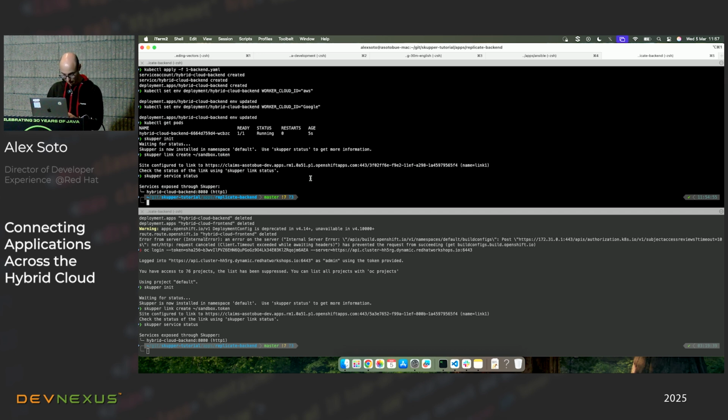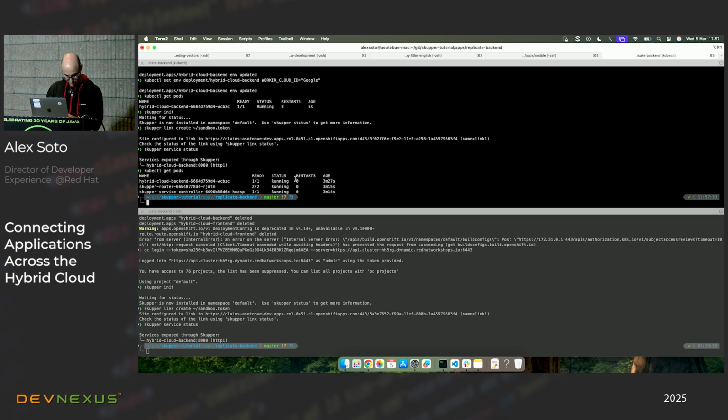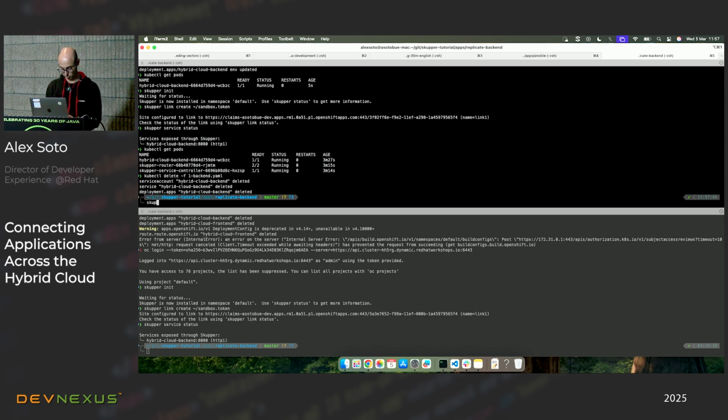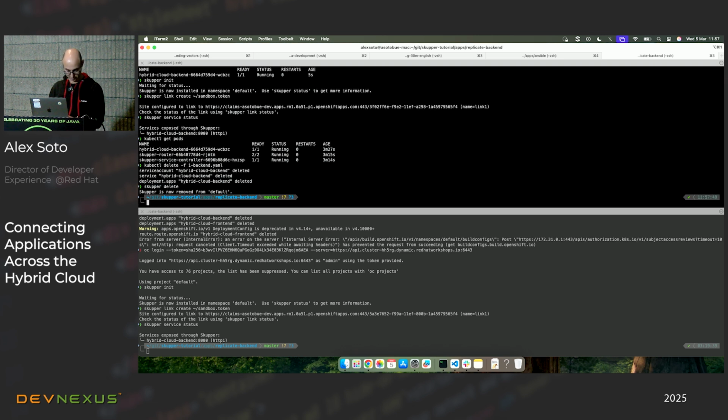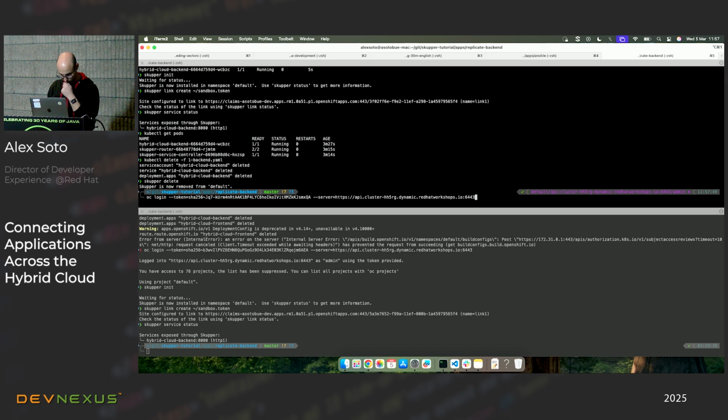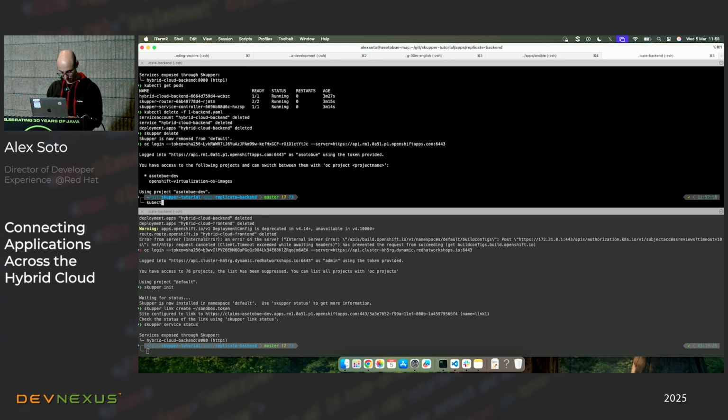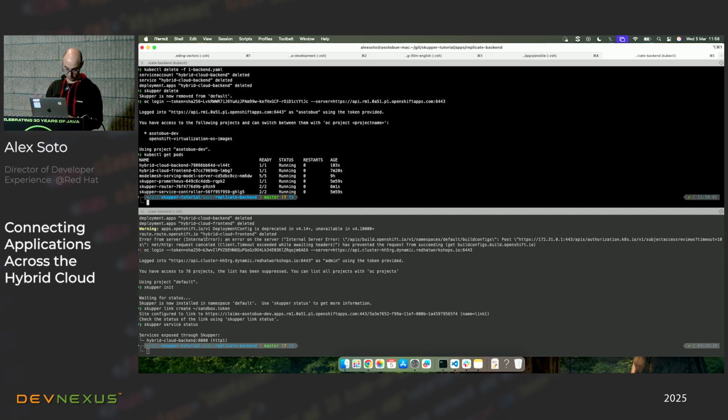Now, let me check in which cluster I am here. Okay, I'm going to undeploy this application. Oops. To prepare for the next demo. Okay, now I do a skupper delete. So it's removed, and now I'm going to do an oc login to... kubectl get pods. Now I'm in the other. delete -f of